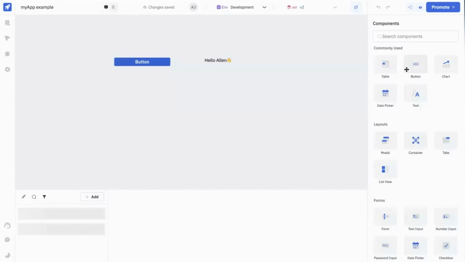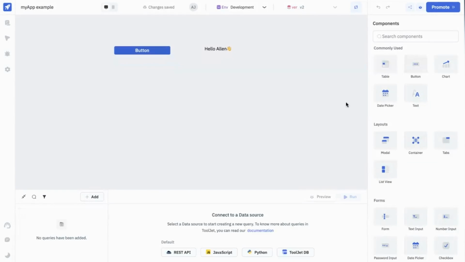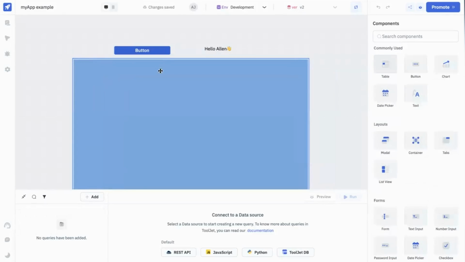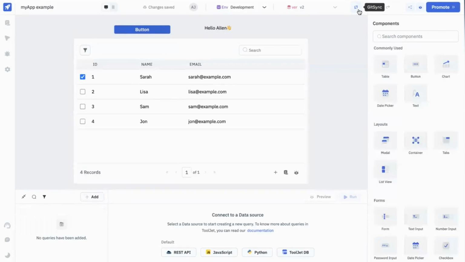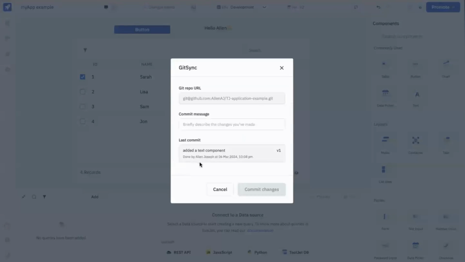Okay. So in the new version, let's add one more component. For example, let's add a table component. Now let's try to commit the changes. For example, let me say "added a table component,"